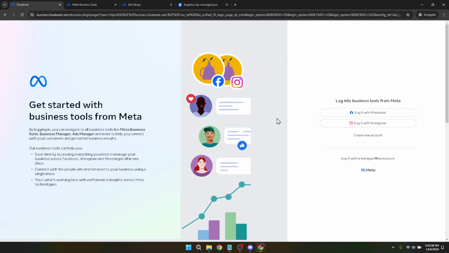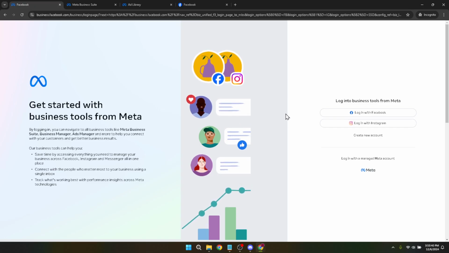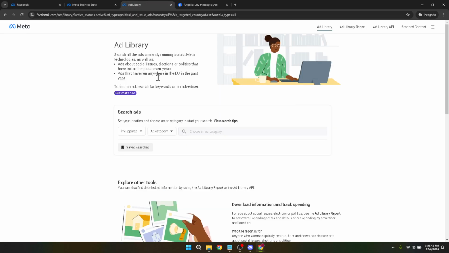Upon your visit, the web page will prompt you with several categories of ads to choose from. Your next step involves selecting the category of ads you're interested in. The categories range from political and issue ads, which are strictly regulated and thus heavily documented, to more general categories such as goods and services. Being specific about the ad category can streamline your search, making it easier to locate the exact types of advertisements